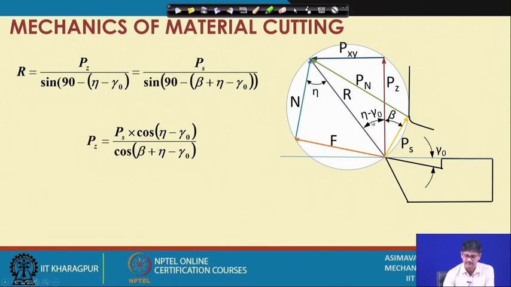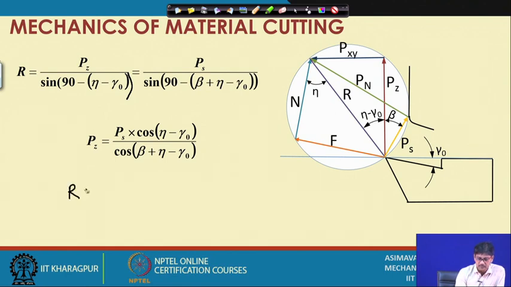Oh, I think we can do it in an easier manner than what is written. First of all, let us see what we have stated here. First of all, there should be another bracket here. Pz by sine. So we have used that particular formula, A by sine A is equal to B by sine B, that we can do. We could have also simply taken components. For example, if we write from here,